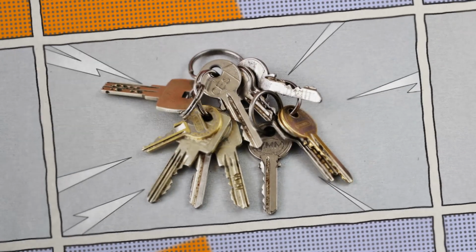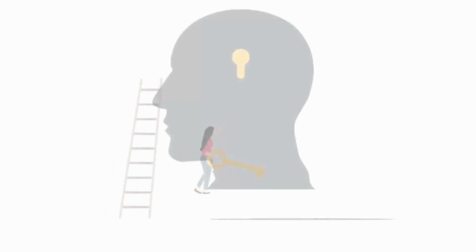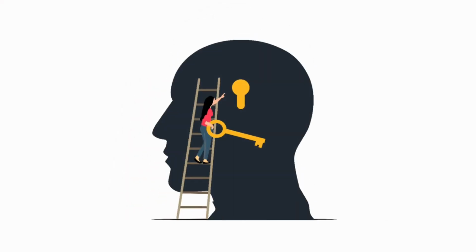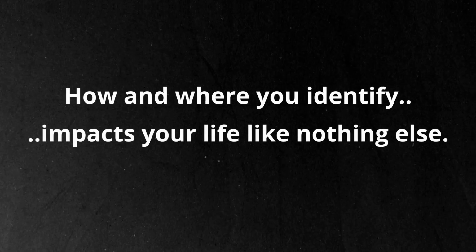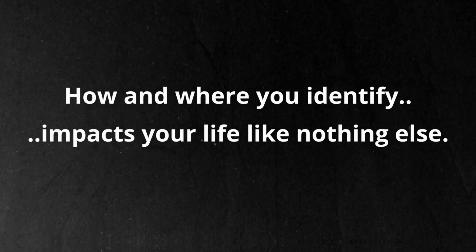Here's why this matters for privacy and security. Your personal information isn't just descriptive, it's functional. It acts like a set of keys to your life, unlocking access to possessions, services, and opportunities. Every time you reveal a detail, you hand out another copy of a key that opens something valuable. Now, I want to stress this idea as maybe the most important for adopting a privacy mindset. How and where you identify, or more precisely, how others acquire and interpret your identifying data impacts your life like nothing else. So let's see how this works in the real world.